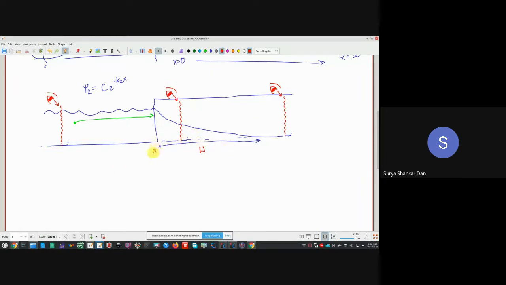So that means if this is x equal to 0, okay, and if this is your x, so x should be less than W to observe anything interesting. I'll just put it in plain English terms, anything interesting. X has to be less than W to observe anything interesting. If x is greater than W, आपको पता भी नहीं चलेगा कुछ यहाँ पर कुछ हुआ है. समझ में आ रहा है?